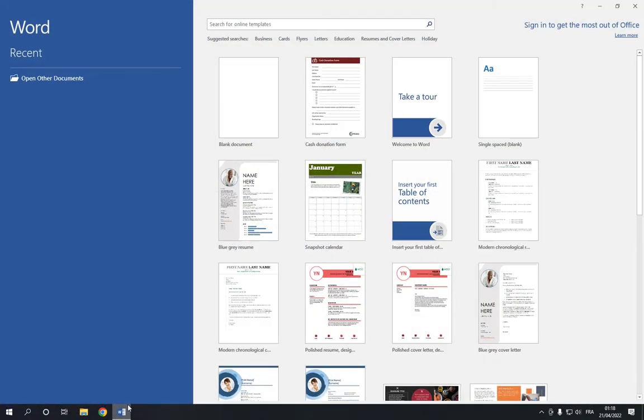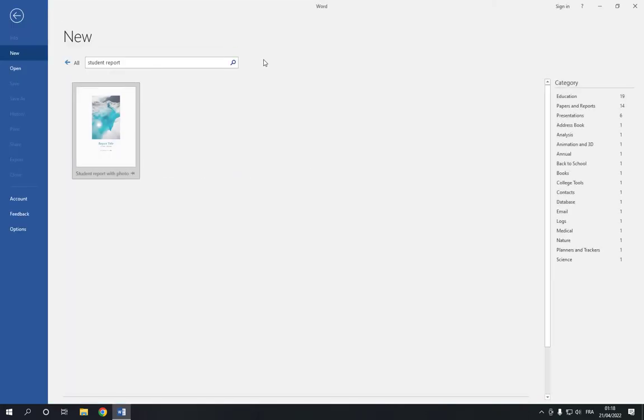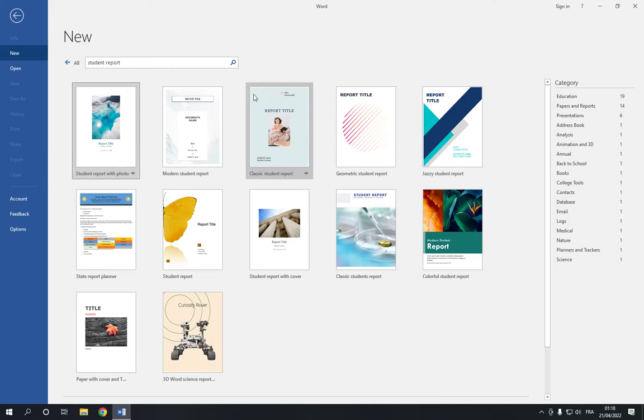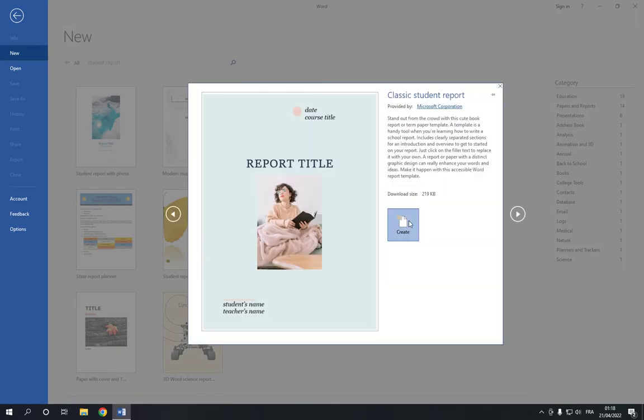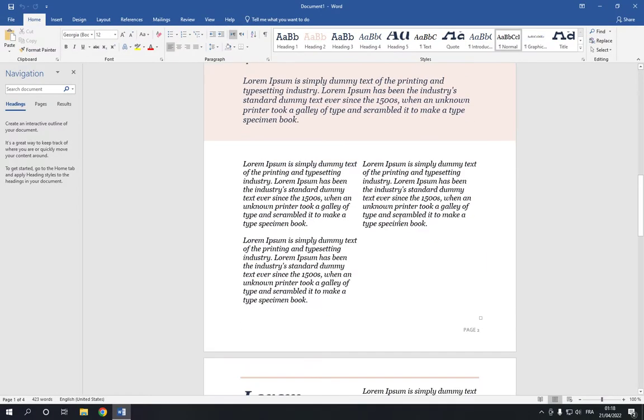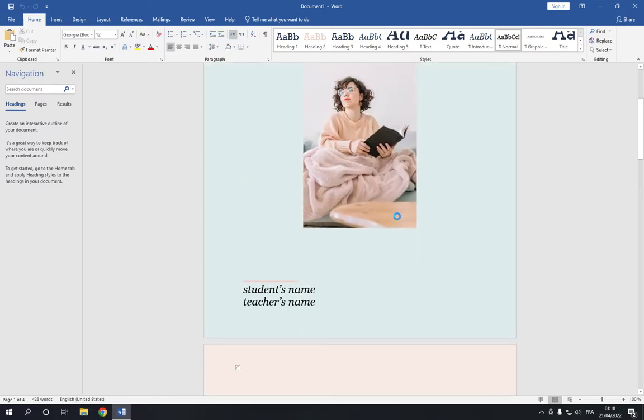Now on this page you will find many options. Go to the search bar and search for student report. Now here you will find many student report templates. Choose the one that you want. For example, I'm gonna choose this one. I love this design. Click on create, and here you will find the report template is ready for you just